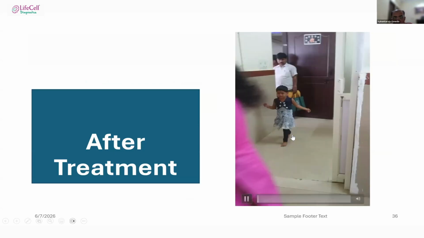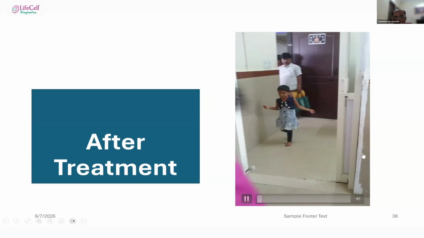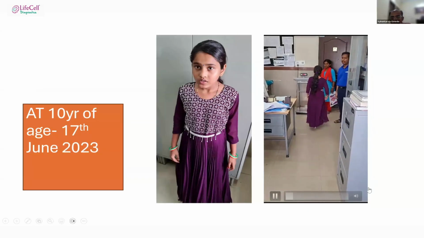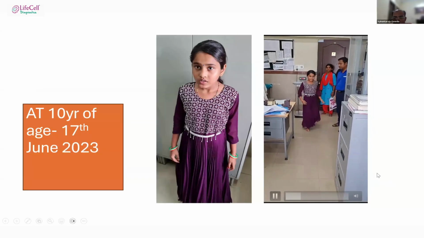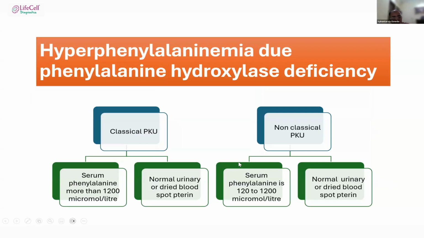So you can see the child, within few days of starting the medicine, has a significant improvement with ataxia. And during follow-up, almost 10, 15 years, the child has improved significantly. So this is a flow chart showing that whenever a child comes with developmental dyskinesia with increased phenylalanine, usually classical